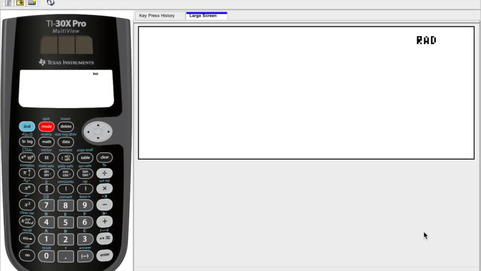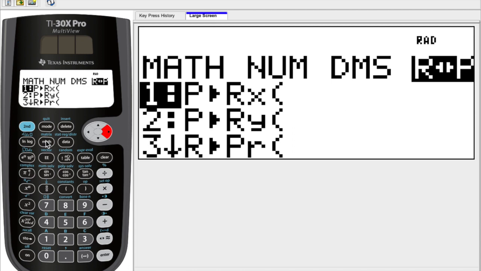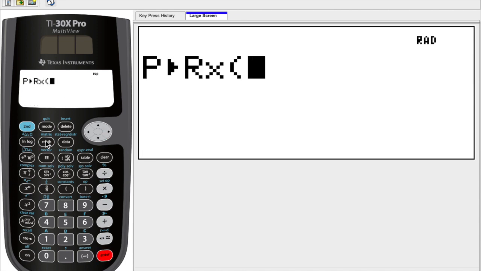We want to do this one on the TI-36X Pro. This is just an emulator, but it does the same thing on the calculator. We're going to take this from our polar coordinates, and we want to change them to rectangular coordinates. So to do that, we go to Math. Over here where it talks about polar to rectangular or rectangular to polar, and we're going to put in our polar coordinates, and then we're going to change them to rectangular. So we select the first option. This particular one we're working with is